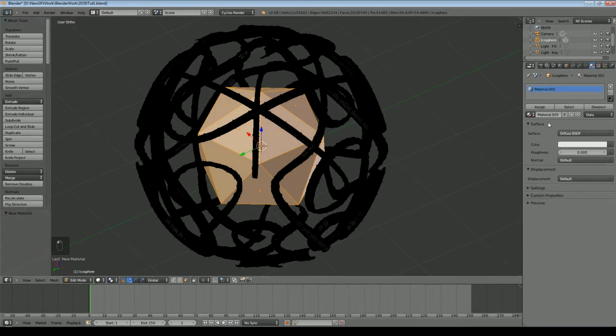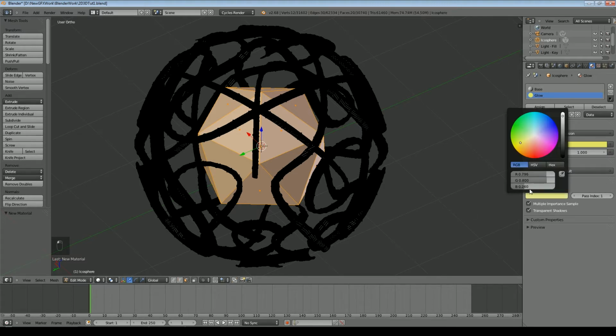This will be the base material, we'll call that base for the whole object, but I've still got my central object selected, so I'll add a new material and we'll call this one glow. We'll make that one a sort of yellow emission color to start with. And I'll also put it on a pass index of 1 and set the viewport color to yellow as well.